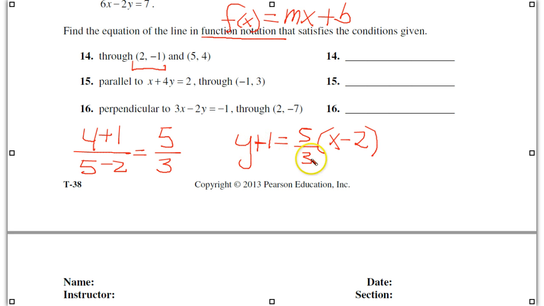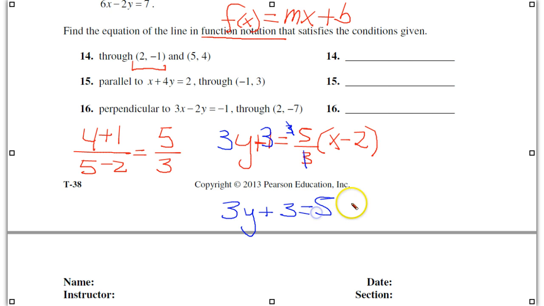Now, I strongly suggest if you get away from fractions, that helps a little bit. So let's get rid of this 3 by multiplying every term by 3. So multiply this by 3, multiply this by 3, makes it a 3. Here, multiplying, this is all one term. The 3's just go away here, cancel out. So I get 3y plus 3